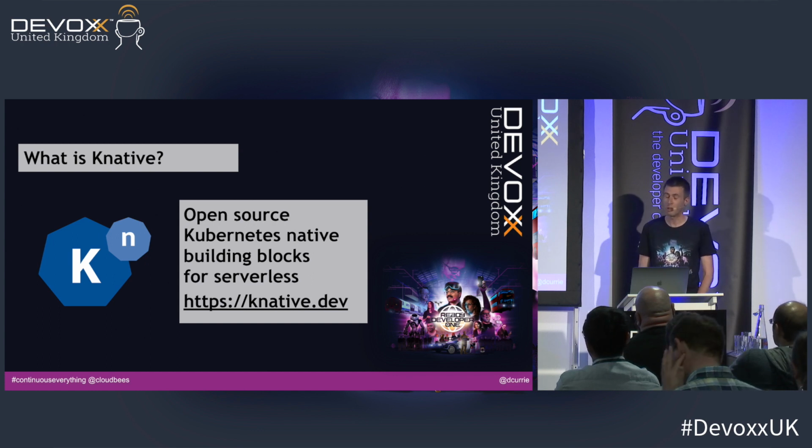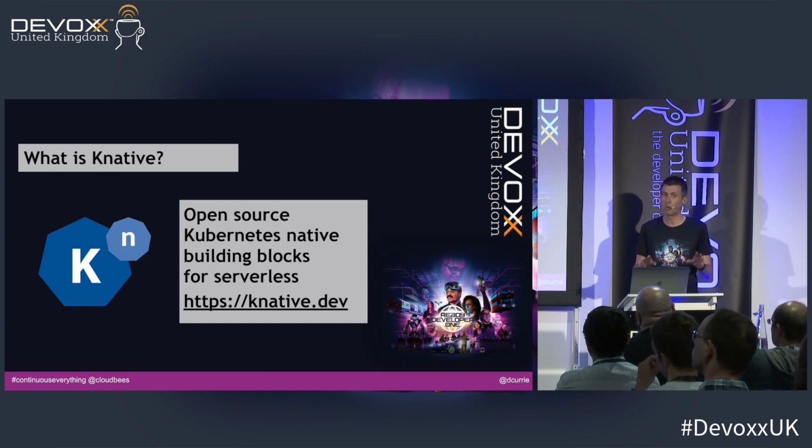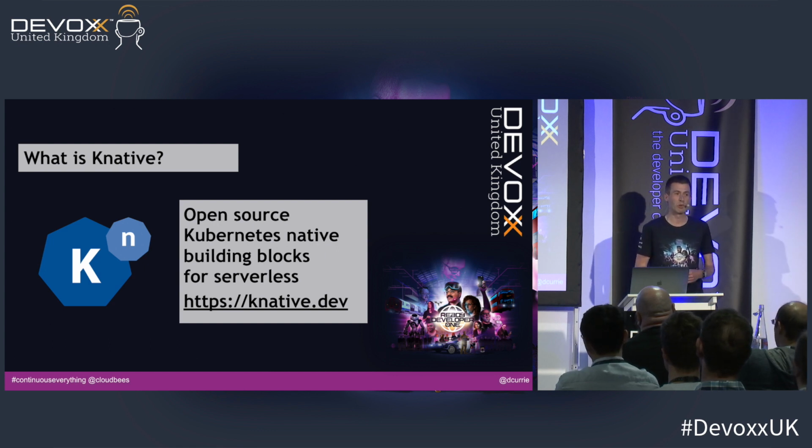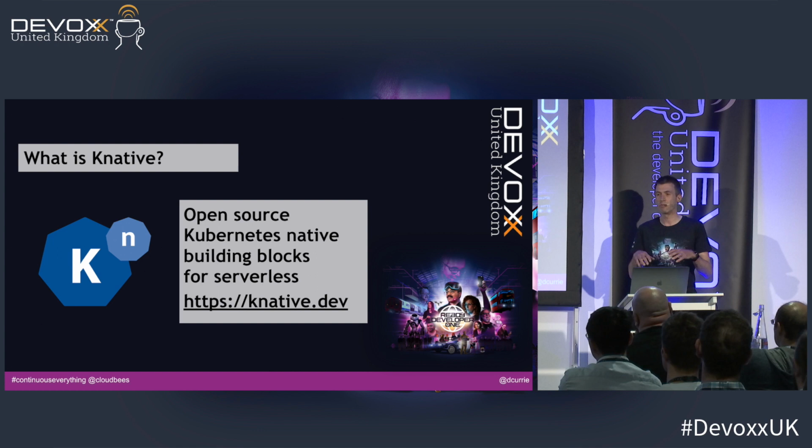Probably the most important bit of this, though, is the building blocks part. That if you find yourself doing what I do in the demos with the Knative APIs, then you're doing the wrong thing, because it is designed for people who are building serverless platforms. Okay, maybe you're building a serverless platform. I'd suggest that's probably the wrong thing to do as well, because there are plenty of them out there already, and you should be picking one of those. The purpose of this talk is really to get you to understand what's happening in Knative beneath one of those platforms, and to make you think when you're choosing a platform whether you want to choose one that has Knative